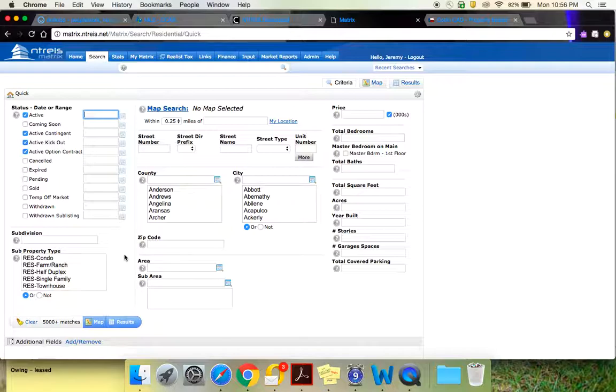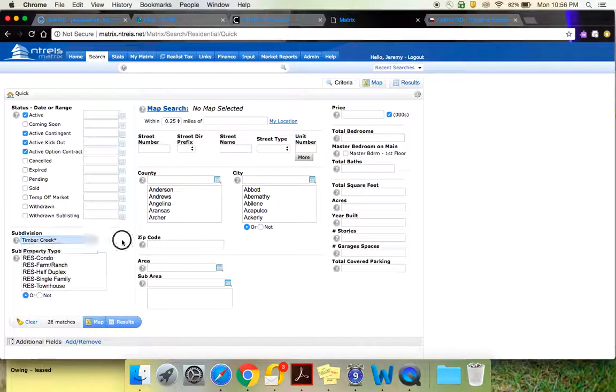You need to specify the homes you're going to be looking at by the subdivision. Your home that you're selling is probably in a specific subdivision unless it's in a rural area, and this makes it really easy. So let's say we're going to sell a home in the Timber Creek subdivision,